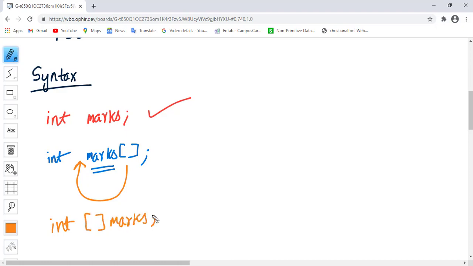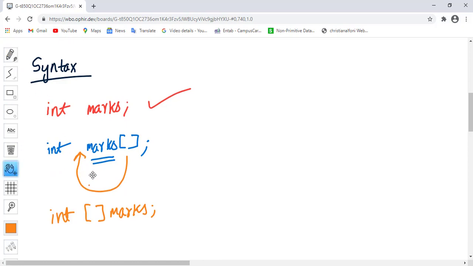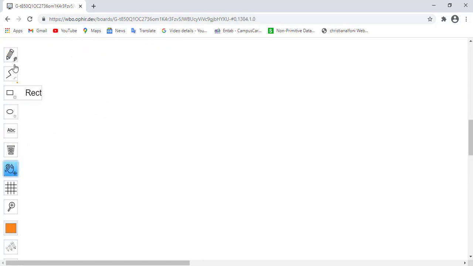So this is also valid. Once you have declared the array variable, now you can create an array and connect the array with that array variable.